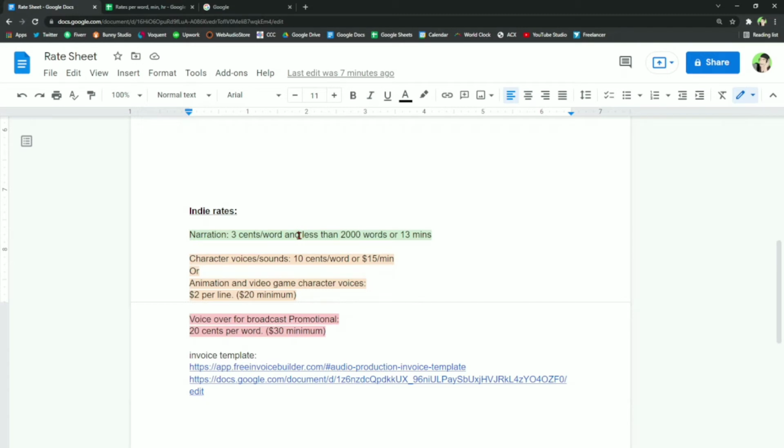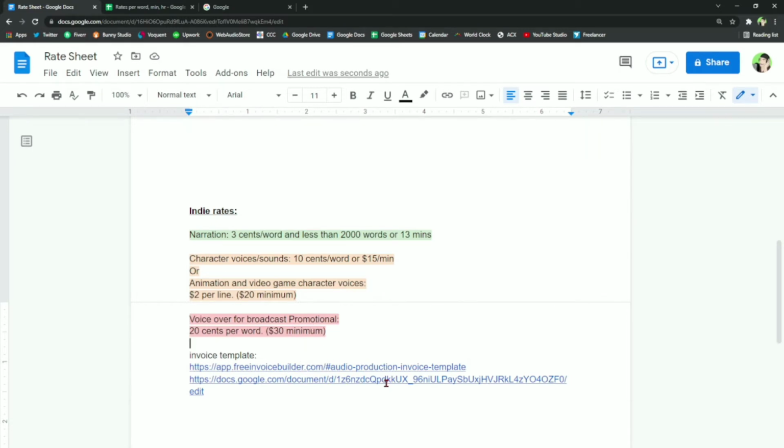For something, again, on a case-by-case basis, I would usually say, okay, if this is happening once at one point in the story, this is happening at a different time, and this is happening at a different time, I might say, okay, those are 3 separate lines. But if it's a long monologue that takes a big paragraph, I'm doing per word on that. And so I'll sort of judge how the project is going to go and what I'm going to charge. Here are 2 examples of an invoice template that I could use moving forward.